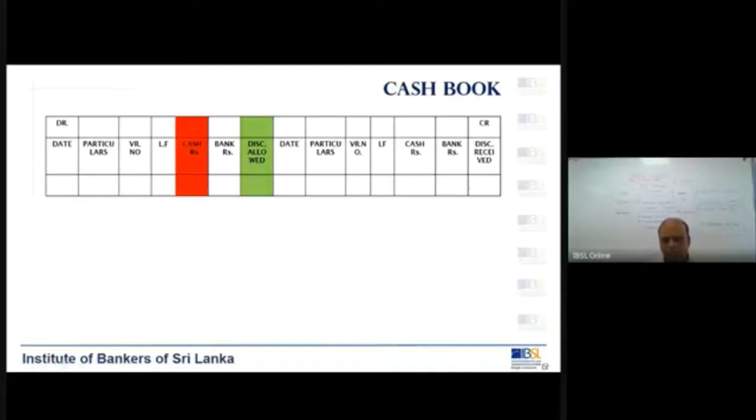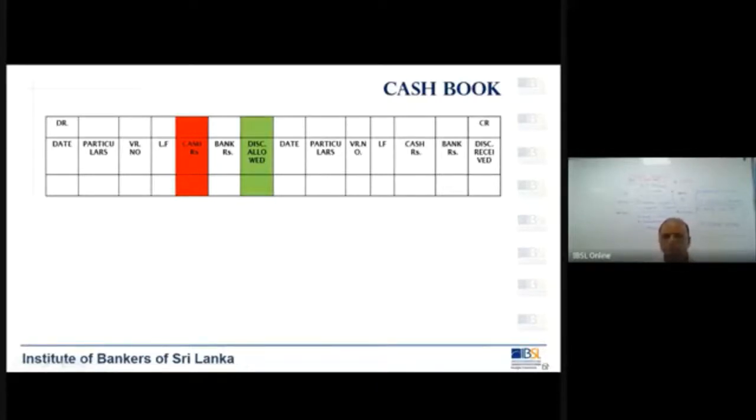You see? So what happens here, the double entry per se, since this is the prime entry book, first you have to go and record the transaction in the prime entry book. So what is the prime entry book here? The cash book. So in the cash book, you will debit the cash column 2612,500, debit the discount allowed column with 137,500, and you will credit the debtors with 2750. Okay, this you will do on a monthly basis or maybe on a daily basis you can do.